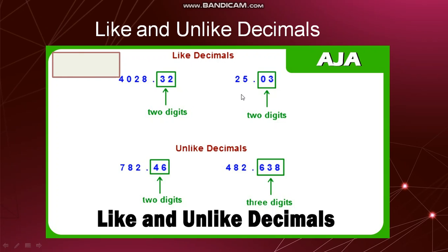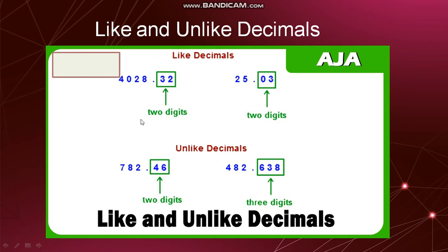This is 4028.32 and 25.03. I am reading it as 32, not 3-2, and this as 03, not as 3. So there are two decimals, and after the decimal point, both the numbers have two digits. If the decimals have the same number of digits after the decimal point, it is called like decimals. Like here, after the decimal point it is two digits, and after the decimal point two digits, so it is